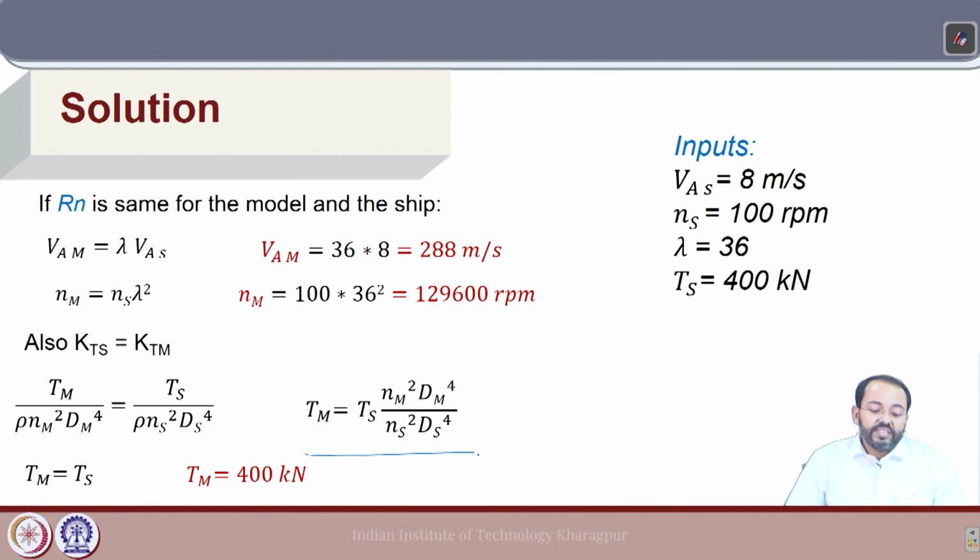So, we have the thrust in the model and the full scale will be the same. So, if we use Reynolds similarity, we have a model scale thrust which is equal to the full scale thrust of 400 kilonewton